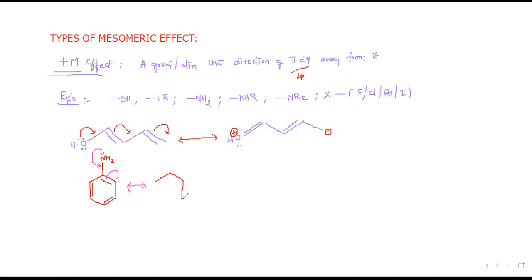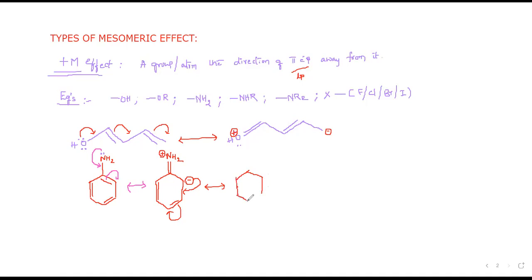See here, we write the negative charge on the benzene ring due to delocalization of the pi electrons. Here it gets a negative charge. Okay, this gets a double bond. Here it is the same. Here also it is the same. But here it forms a new double bond between nitrogen and the benzene carbon, NH2. And this nitrogen has lost its electron. It gets what charge? Positive charge. Okay, next resonating structure. This minus charge is transferring in between these two carbons, and this double bond shifts here. Okay, we will get the resonating structure like this.